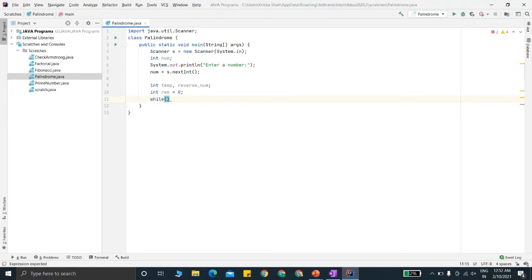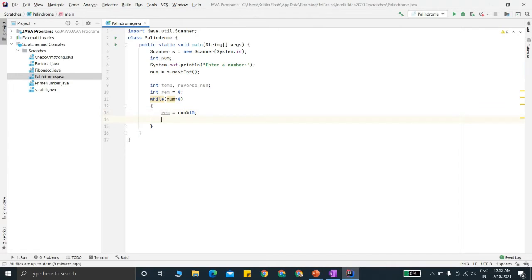So for individual digits, we'll run a while loop until num is greater than 0. In this loop, we'll get the remainder. So rem is equal to num modulo 10, and we know that if we write num modulo 10, we get the remainder.